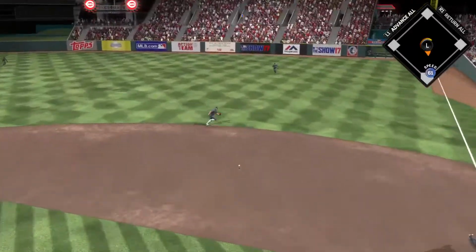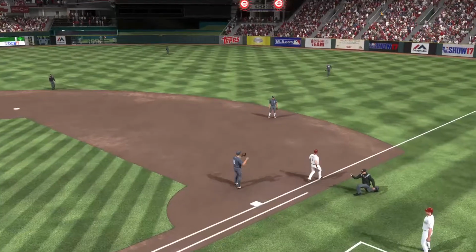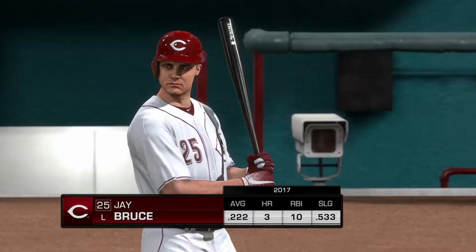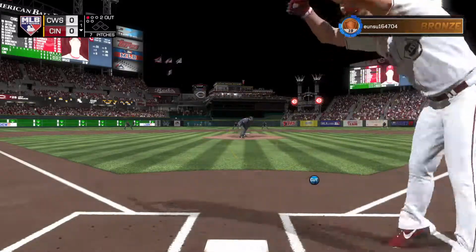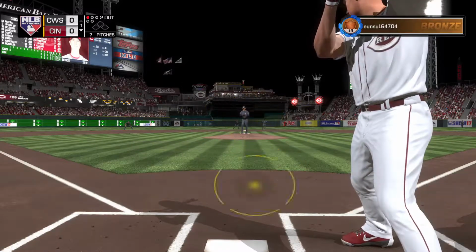Hit out towards second. Rivera brings it in. Throw on to first, two gone. Stepping in, Jay Bruce. First cuts for him here with the bases open and two away. Infield in the overshift here. Now the pitch. Now a cut fastball that almost had a little too much cut as it nearly ran in